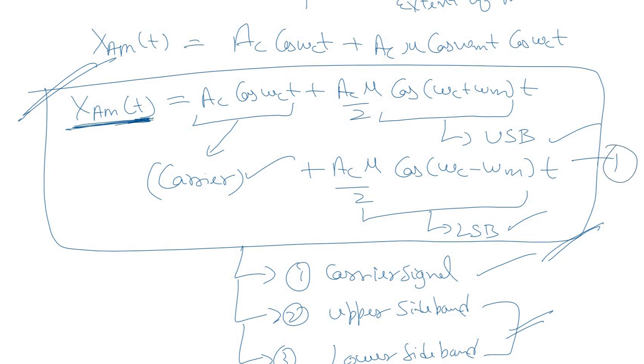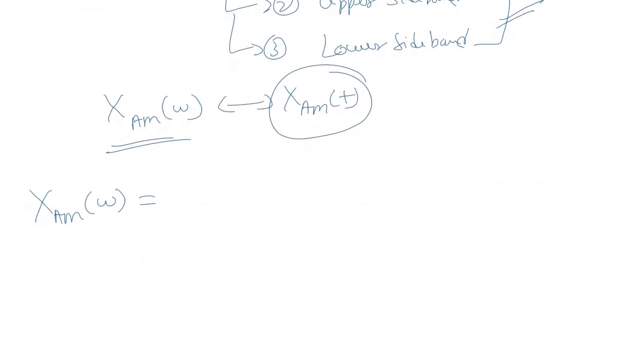So we'll take the Fourier transform of this. First component is A_C cos ω_C t. So the Fourier transform of A_C cos ω_C t, I hope all of you are quite familiar with it. It is A_C π [δ(ω − ω_C) + δ(ω + ω_C)]. Very simple. Plus